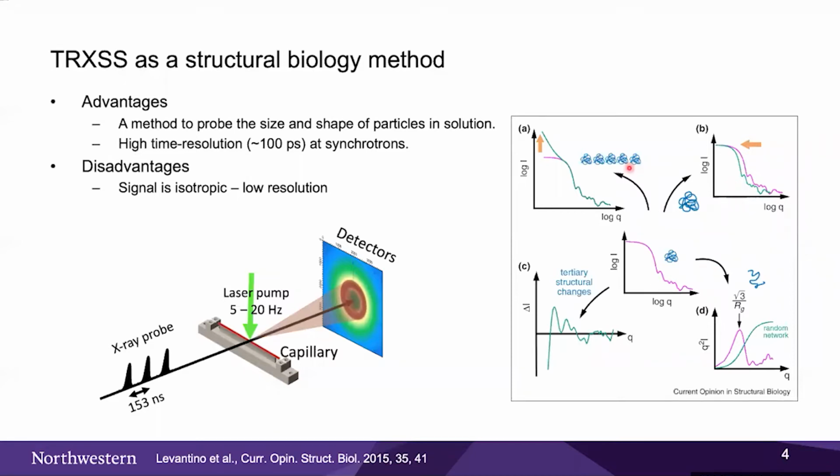If you make the protein aggregate, you see the low Q part really shoots up in intensity. That's actually how we detect radiation damage, right? On the lower right, you see that if you make the protein unfold, you can perform tracking analysis to get a fingerprint, which shows you that the protein becomes a random network. And if you're interested in the tertiary or even secondary structure changes, you look at the difference in intensity, which encodes basically the entire structure change in a convoluted way.